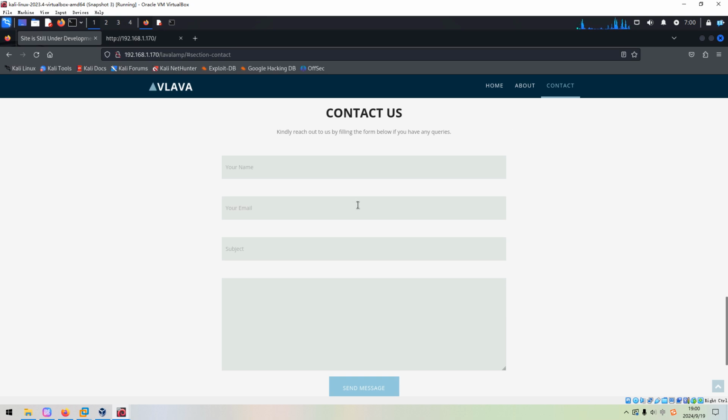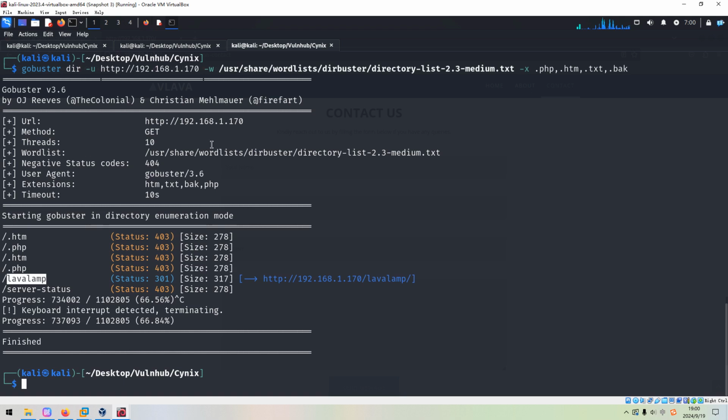But before we try to walk through this contact us function, I'd like to do deeper directory enumeration. Lava lamp. Press enter.